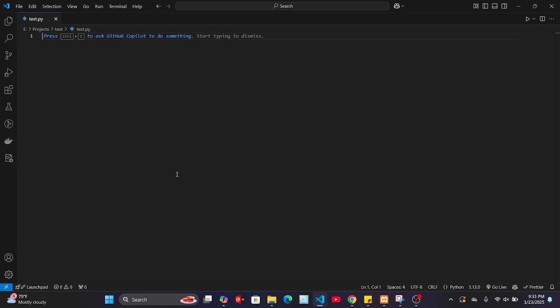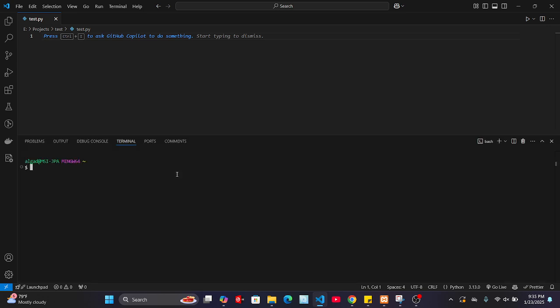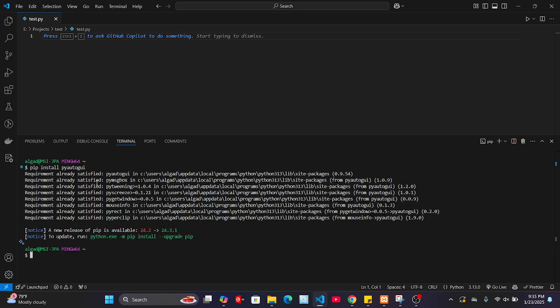First thing we need to do is use the package called PyAutoGUI. We already have the file named test.py. All we need to do is install the said package. The command is pip install pyautogui. Since I already installed this,